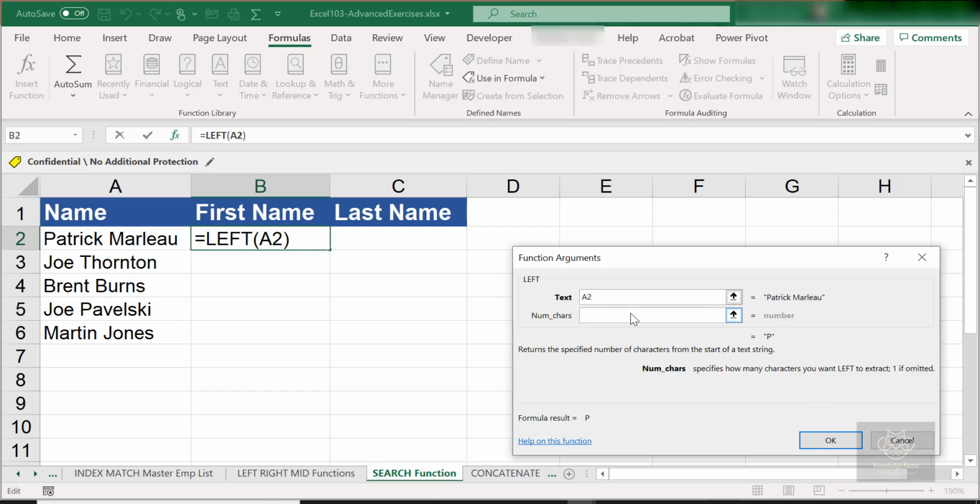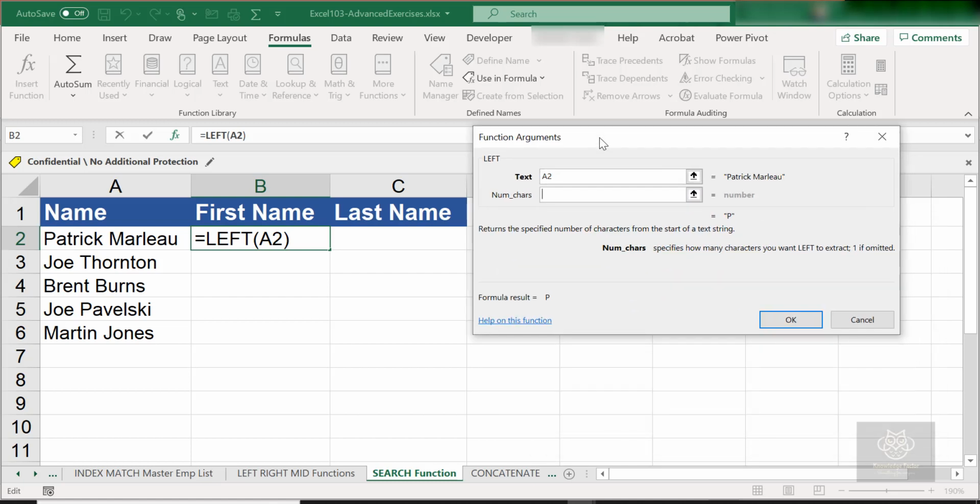Well, the next part is not so simple. We need to know a dynamic number of characters, right? I can't just put 7 in there. So we saw that problem earlier, right? Well, here we are going to find the space using the search function, and really what the search function does, we'll see this. So it returns the position of that character we are searching for. So I'm just going to say search,